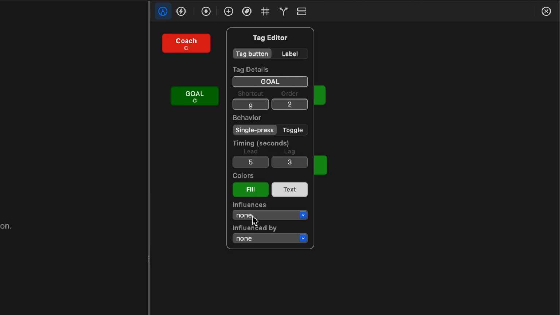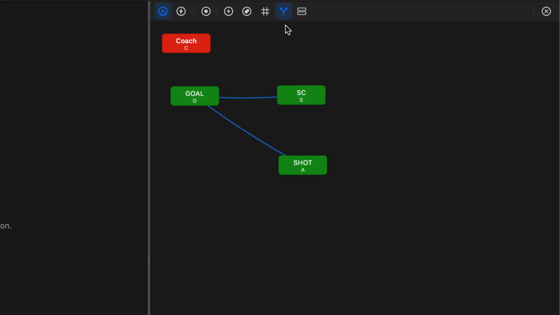Now, here's how those influences work. Whenever there happens a goal, it means that it's also a scoring chance and a shot. So we can press goal once, and both scoring chance and shot will be activated automatically. So you don't have to press everything. Here's an interesting option that you can activate, which is toggle link lines over there. And here what it says is that one button activates another one. In this case, that was goal and the scoring chance, and you can highlight them and delete them